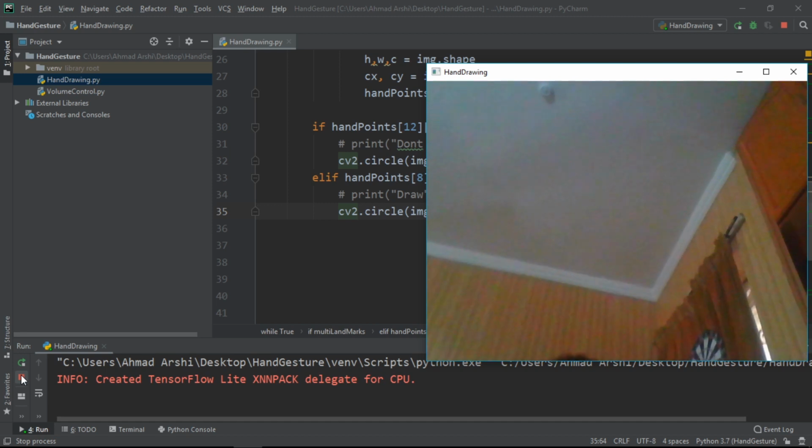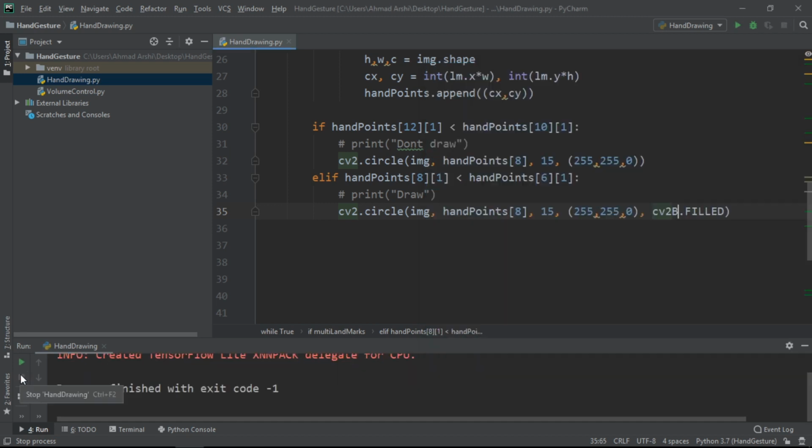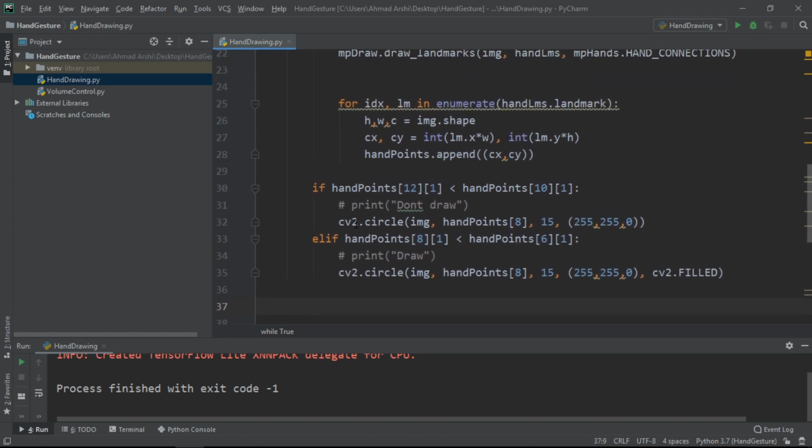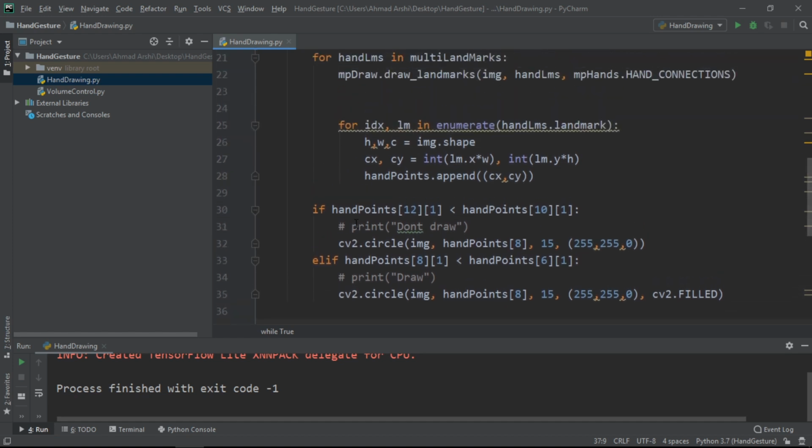Next thing, we have to actually draw the lines on the image. Now I will be writing a chunk of code first, and then I will explain what this chunk is doing. For that, first of all, we have to declare a variable that will maintain whether we can draw or not.